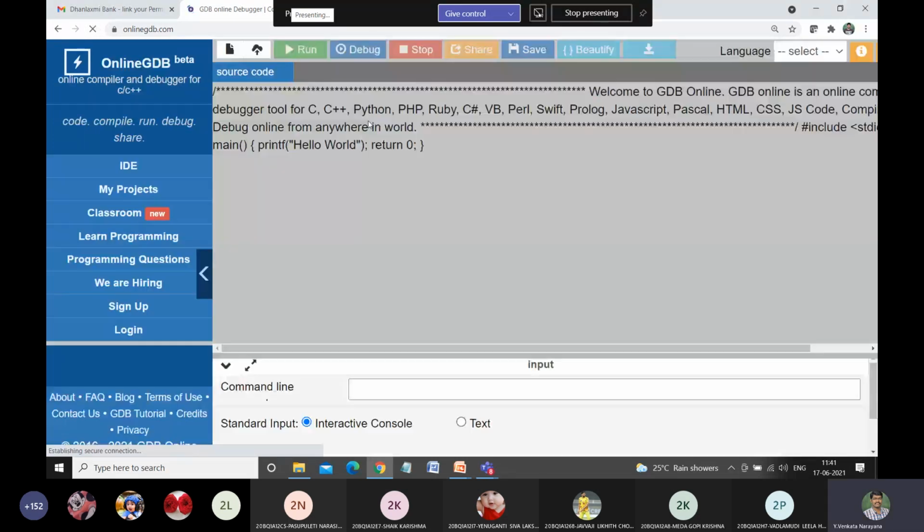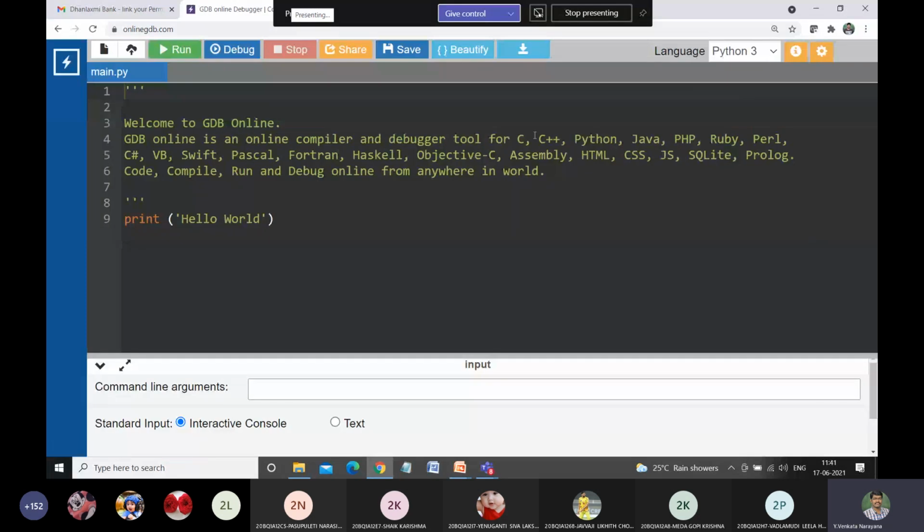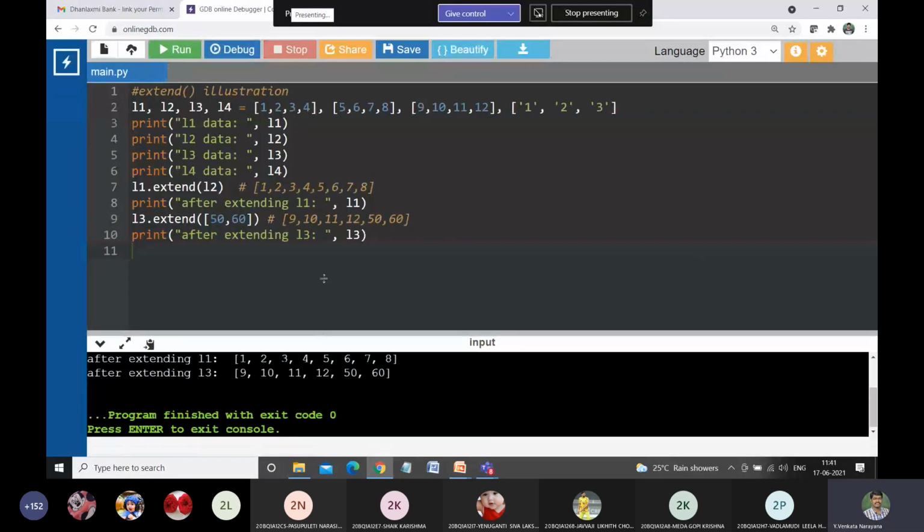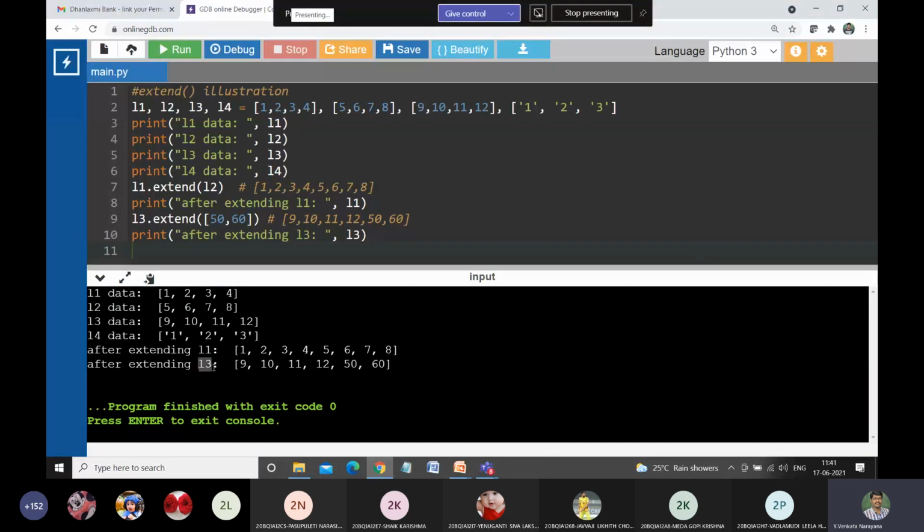See here, after extending L3, the output as we said is 9, 10, 11, 12, 50 and 60. So for L3 we just added 50, 60, which is a small list. Is that clear?